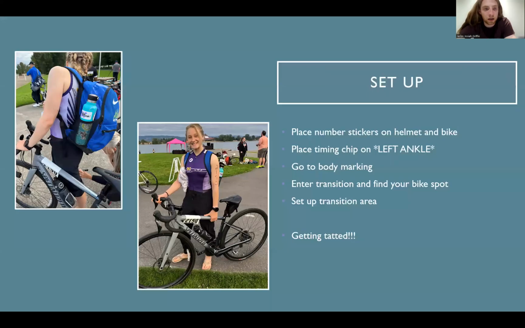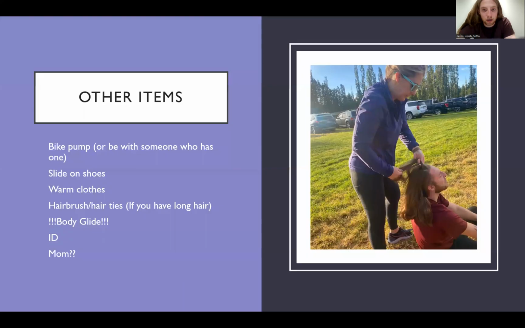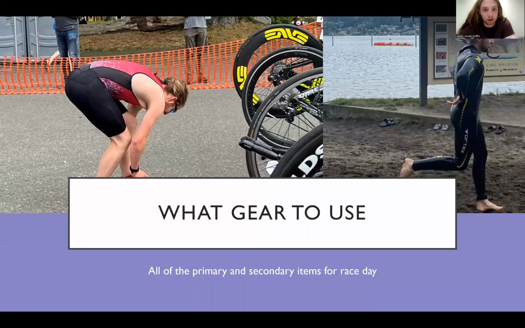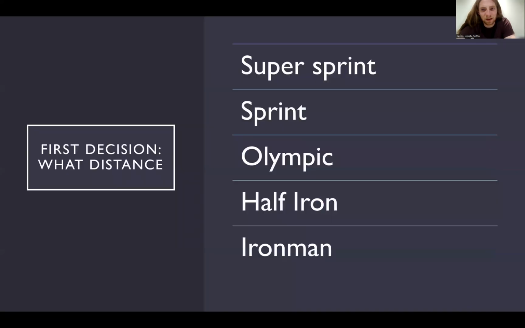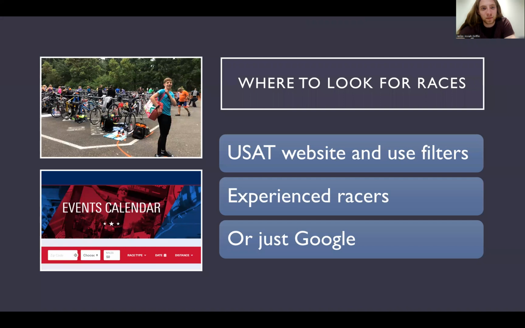I'll go back. I've got a picture somewhere in here of one of my really early races. Oh, I guess I don't. But basically, sometimes I'll race in something like this. Or I guess I used to, probably like 5 years ago before I got a tri suit. I'll have some sort of swimsuit for the swim, so either a Speedo or a jammer, whatever you want to swim in.